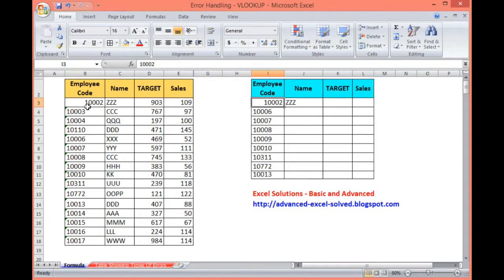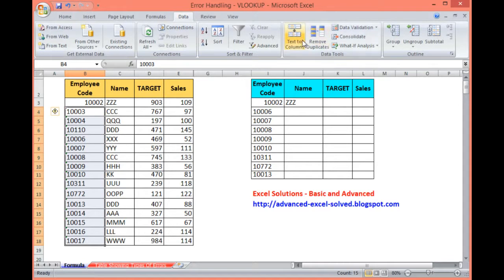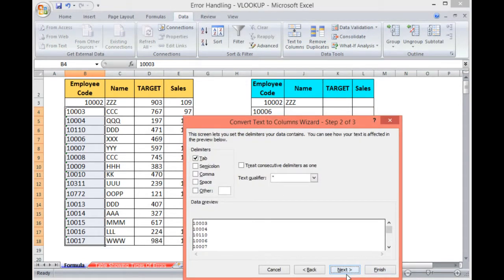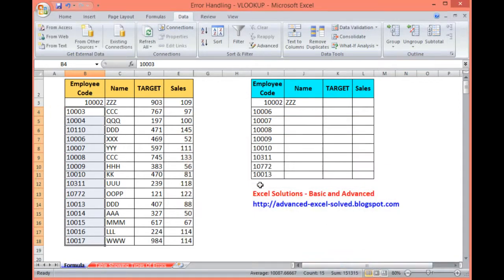But clicking cell by cell is a tedious and monotonous job, and it is impossible to work like this in real life. So there is a process to convert the text format to numbers. Select the whole numbers and then go to Data in the menu bar, select Text to Columns, click Next, Finish. It is done.